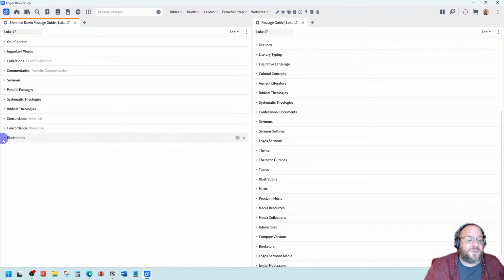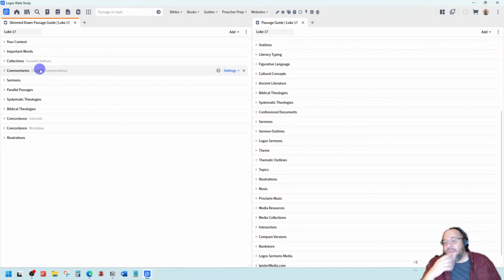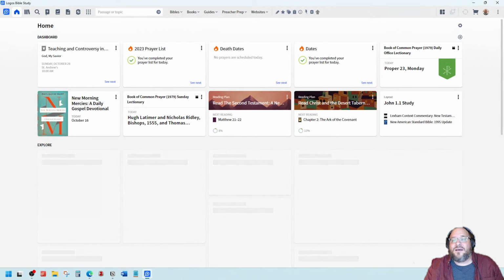And so if I'm preparing a sermon, I generally start here or the passage guide. So kind of the big three: passage guide, exegetical guide, Bible word study guide. But then the second thing is I use a slimmed down passage guide, so I'm not doing all the things. And then the other one that I want to show you,